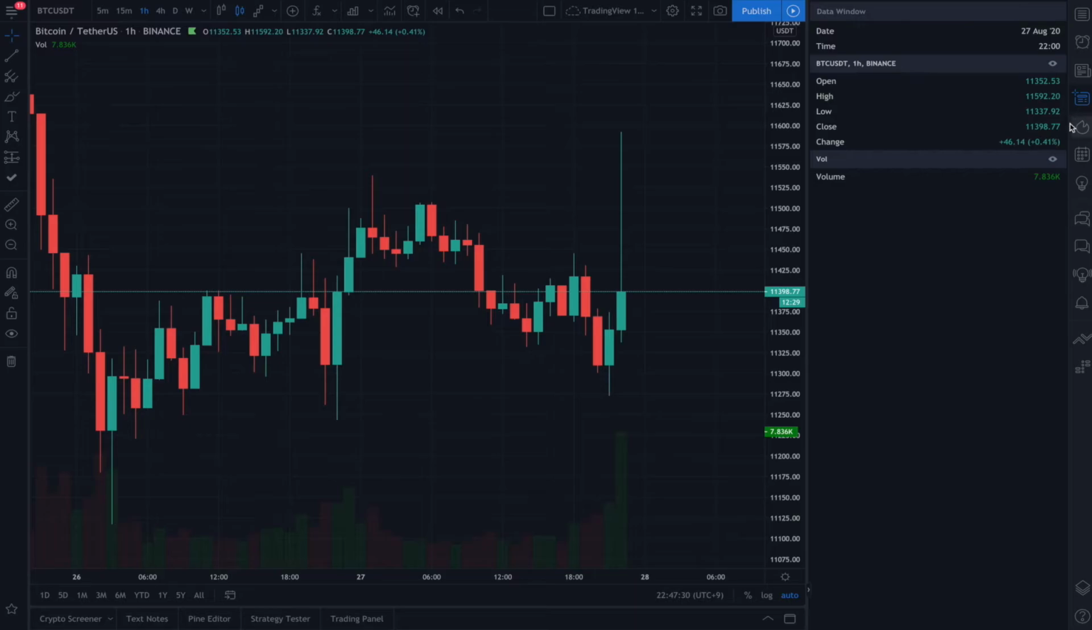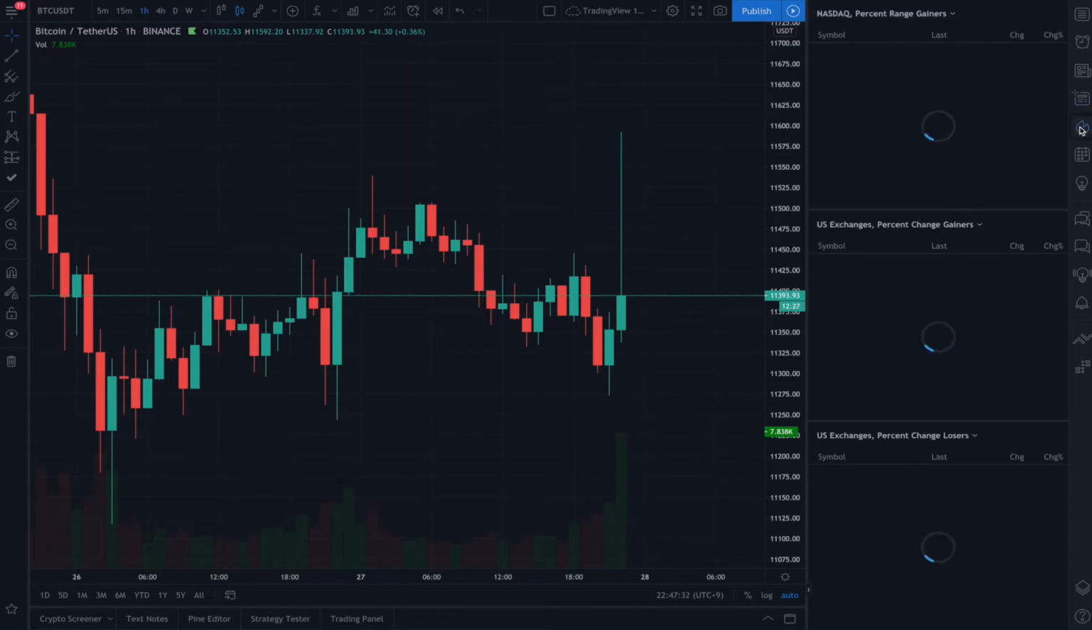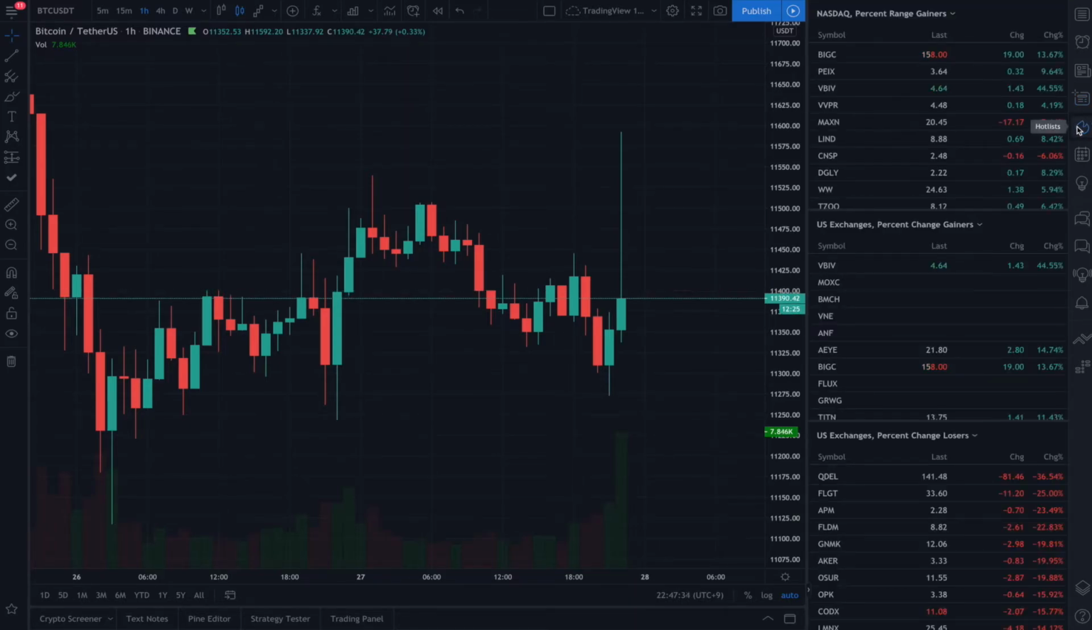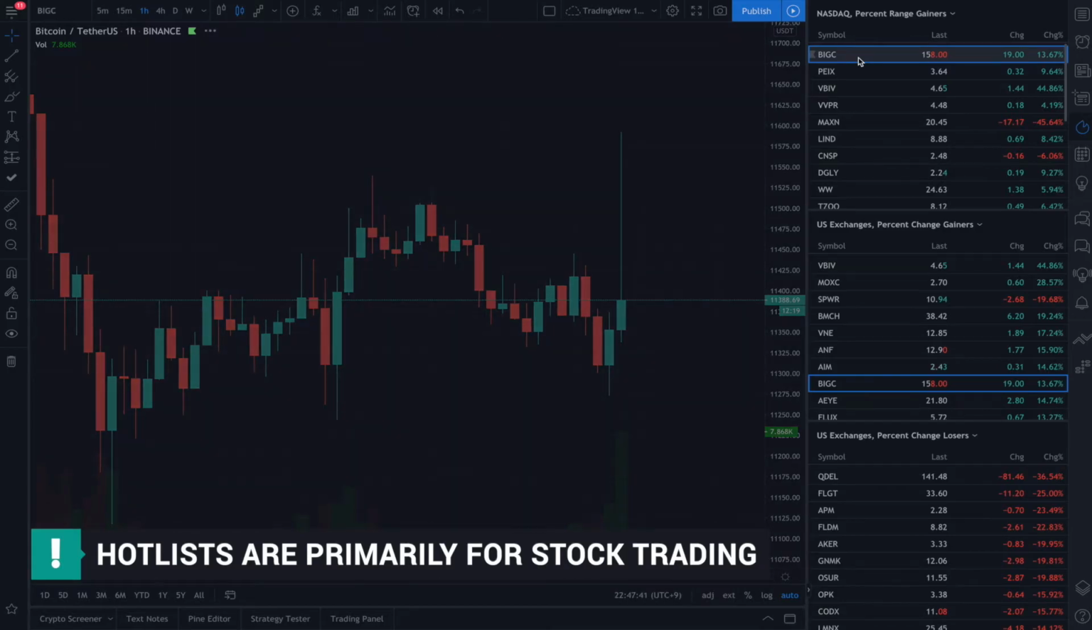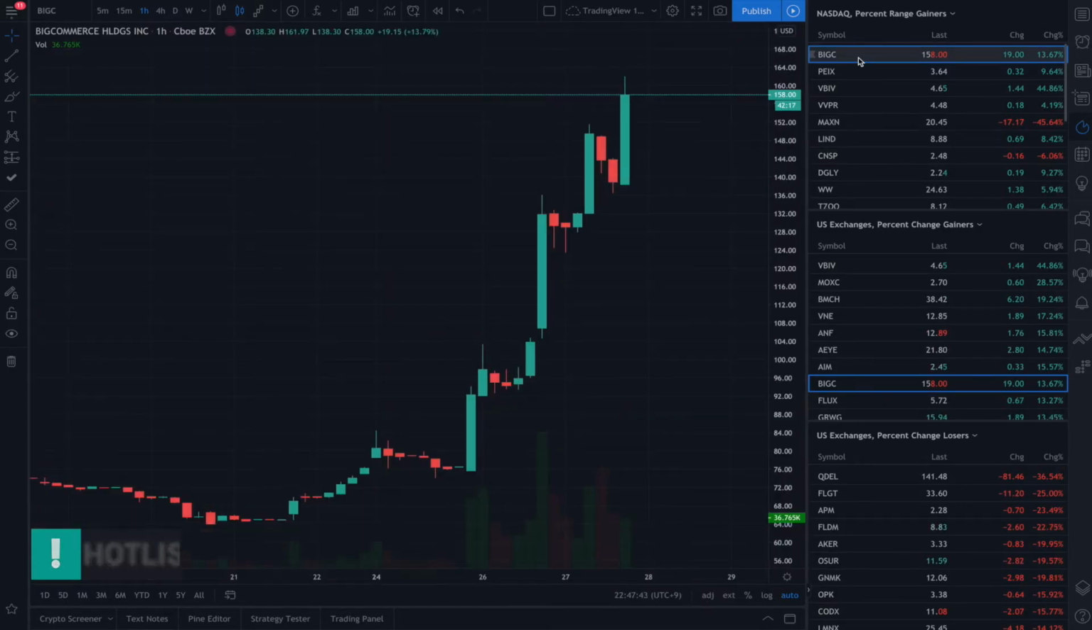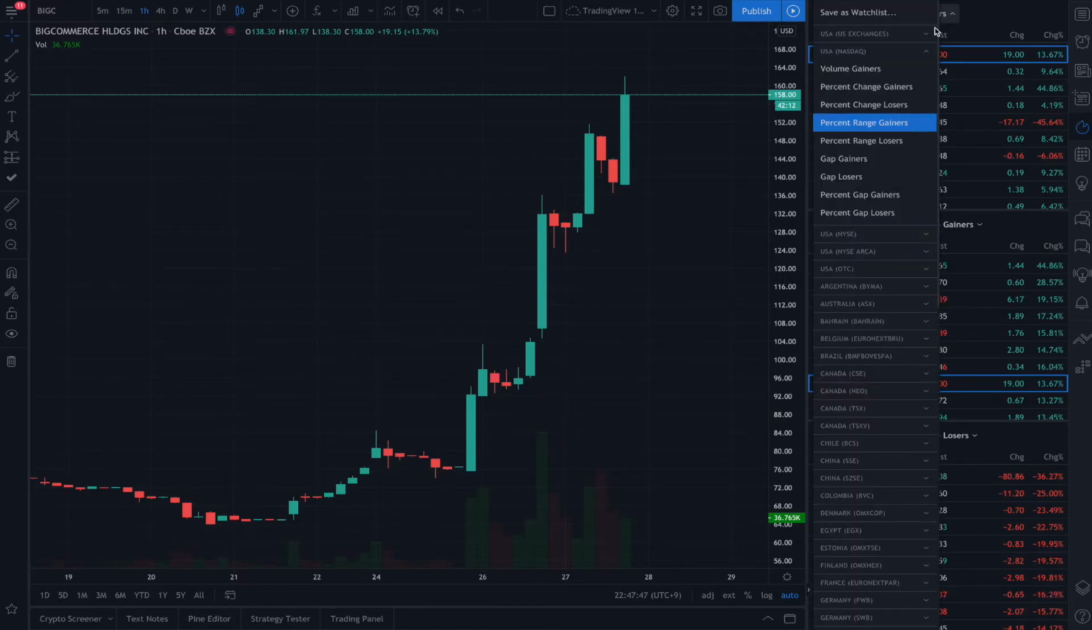And we are going to keep moving here to the hotlists. These hotlists are very convenient, as you can tell, for stock trading. Let's go ahead and look at this one right here at the top. This is the NASDAQ percent range gainers. There are lots of different markets to be checking out. We're specifically looking at NASDAQ. So we can look at the volume gainers,